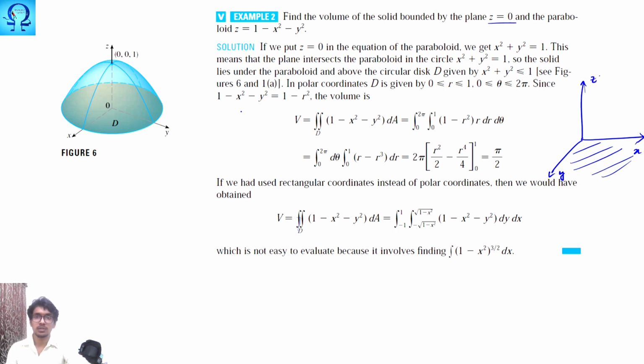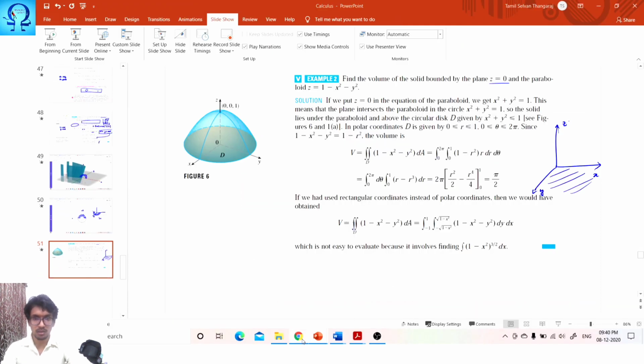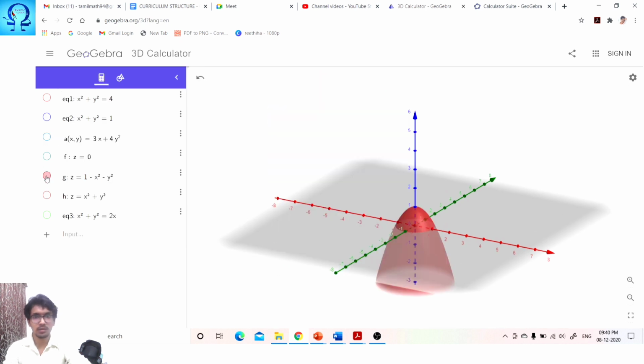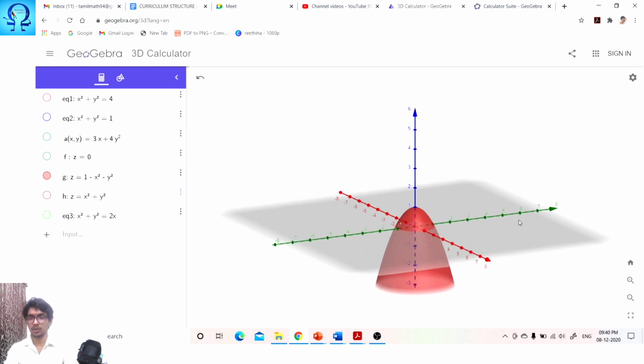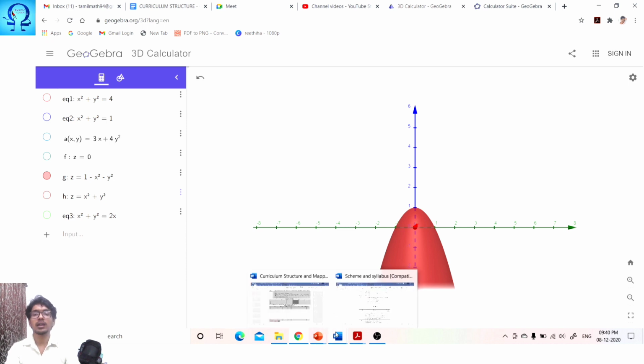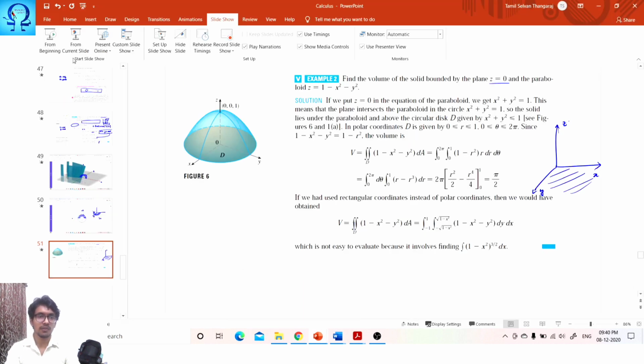And this paraboloid z equals 1 minus x squared minus y squared. If you try and plot this one, yeah. So here is where we are going to plot this. So this kind of paraboloid from the z-axis is going downwards. Yeah, and your xy plane is this one, the shaded, the gray colored one. So actually, if you look at it from the origin or something like this, you are going to have this. Only the line cutting this part, only the upper half of this plot is the thing that we take, and that volume we'll have to find. So how are we going to do it?